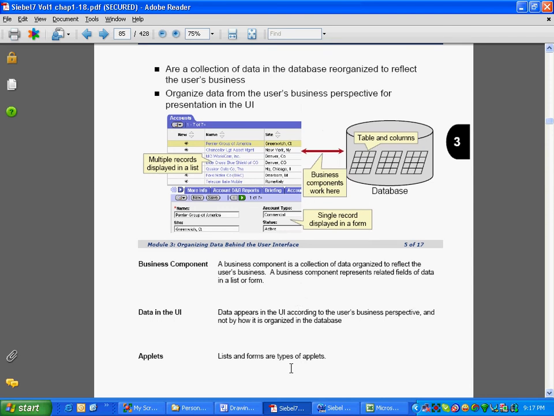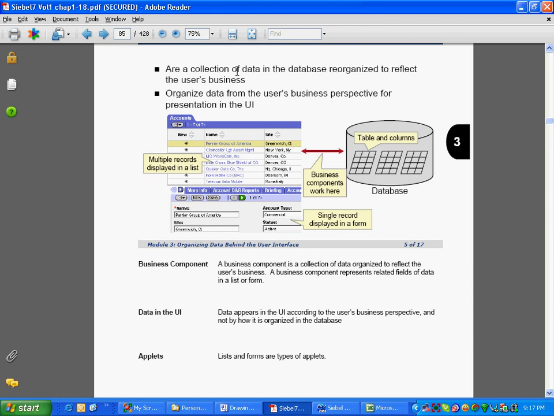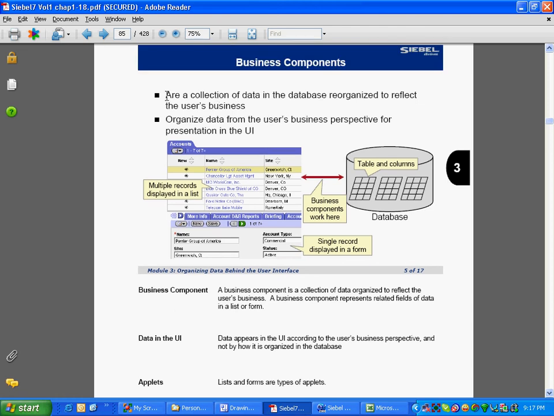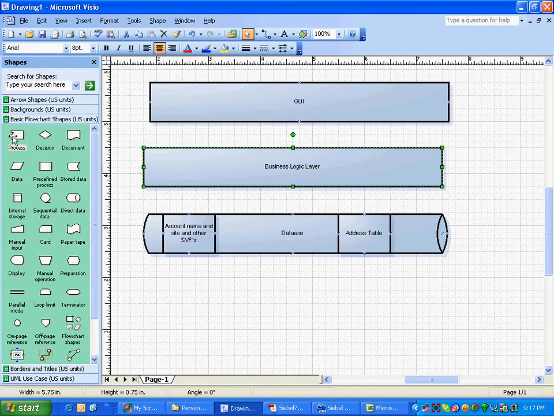I will show you one business component here. As far as this slide is concerned, business components are a collection of data in the database reorganized to reflect the user's business. Now, business logic layer in case of Siebel has a very specific name. The data organizations, little pockets that become. This is how I will show you. If I have to conceptualize it, I'll say that